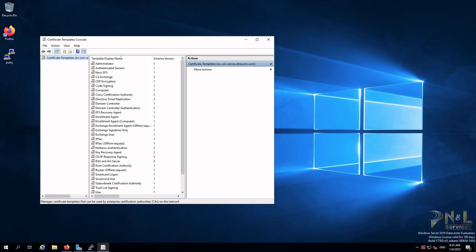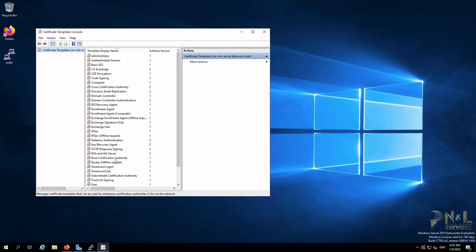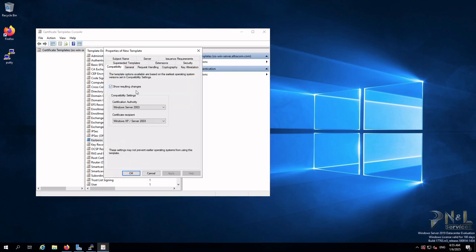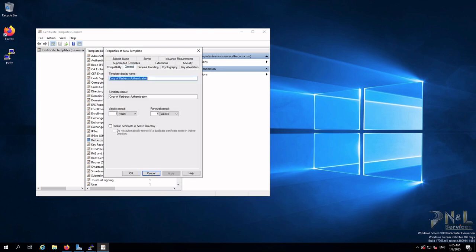So as mentioned earlier, the Active Directory uses Kerberos. So we're going to use the Kerberos authentication, which is right here. So we're going to create a template for that, and we right click and click on duplicate template, and we go to the general tab. In the general tab, we will give the template a name. So I'm going to be using LDAP cert,